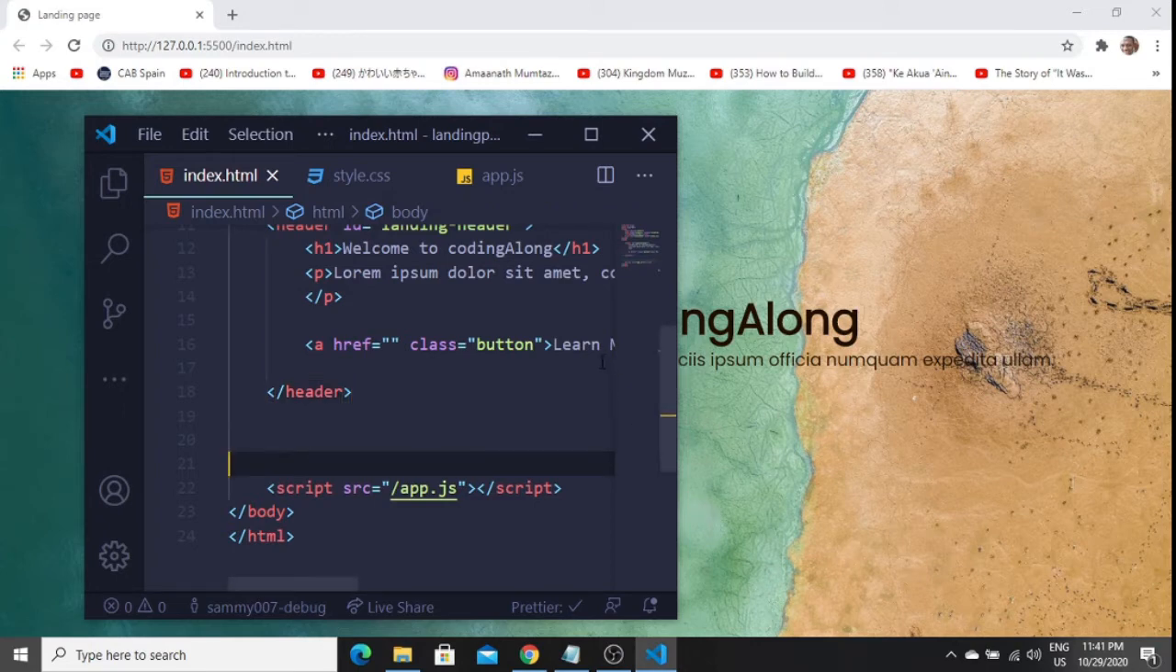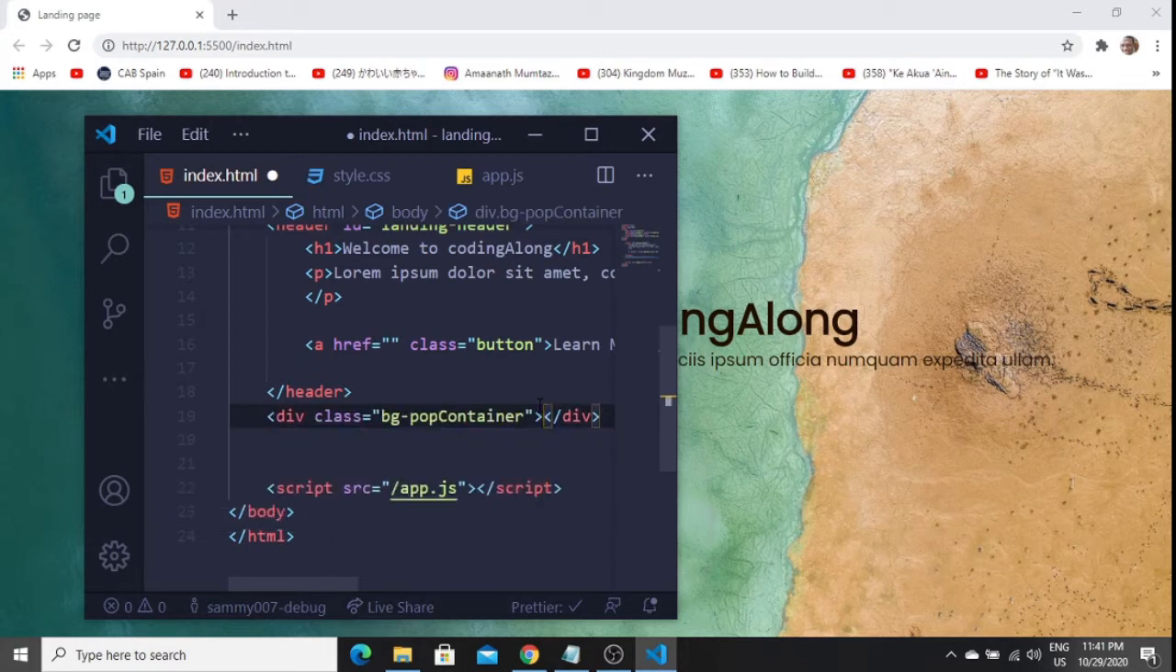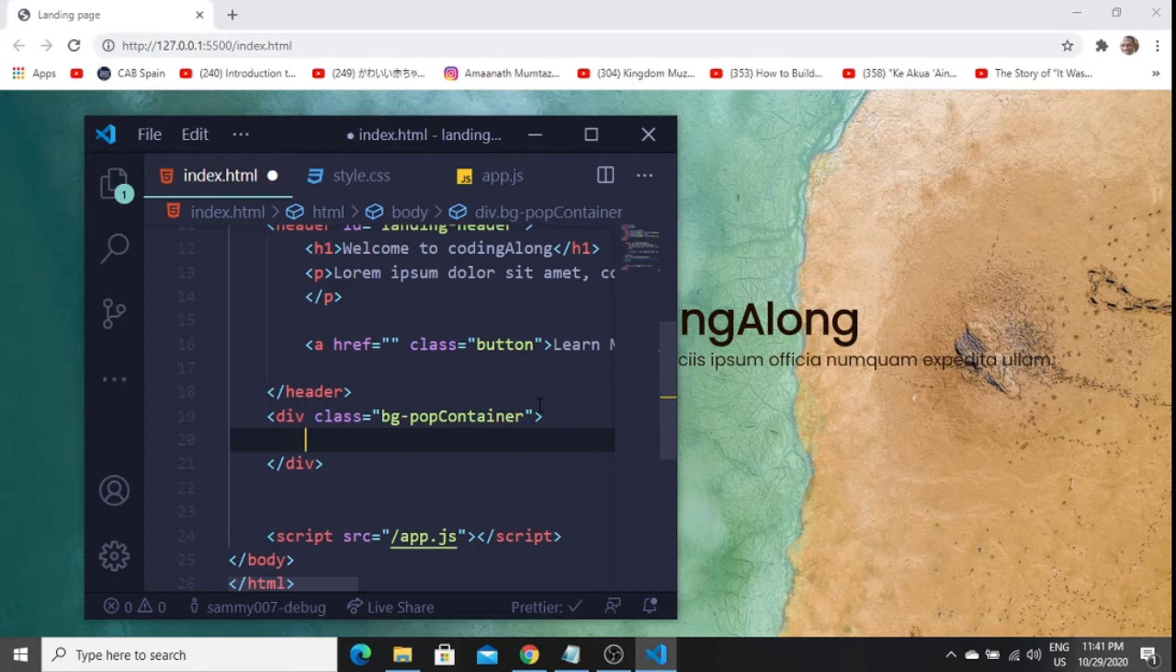And we'll start that by creating a div, as I said. We'll call this background or BG background container. Background pop container. Very long class name, but yeah, we'll use that. Background pop container, and inside that we will create another div,